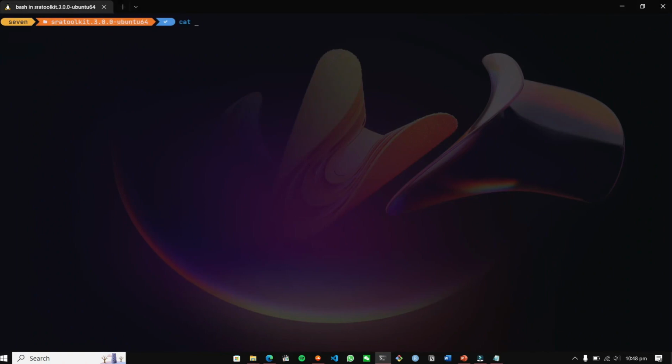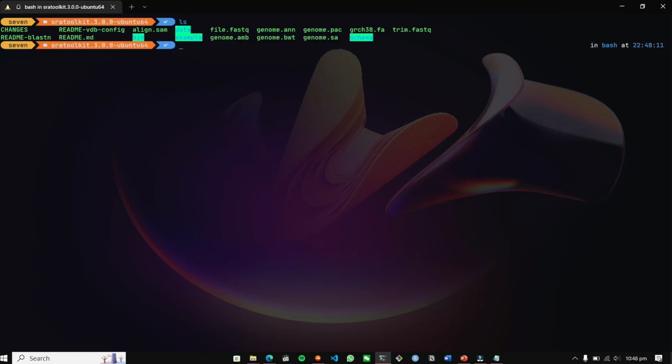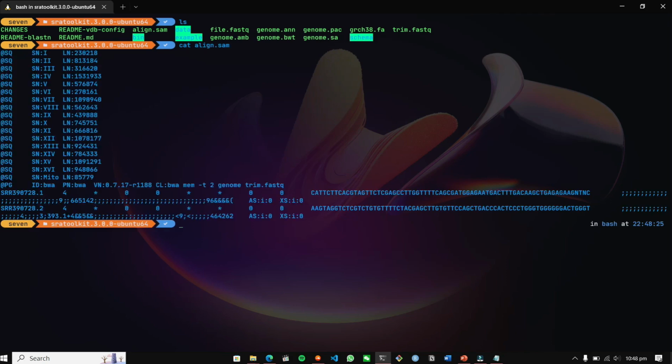Yes. So here is the SAM file that is generated. So SAM is the sequence alignment map. So these are the sequences that were aligned to the BWA mem, and that was the command that is showing here. So what it has done, it has aligned our reference genome to our reads. So a SAM file is generated. We are also going to look at the SAM file in the next lecture.